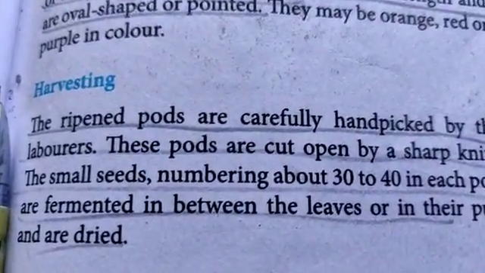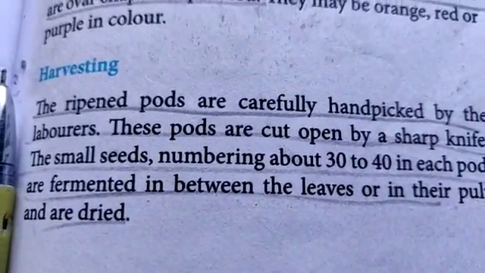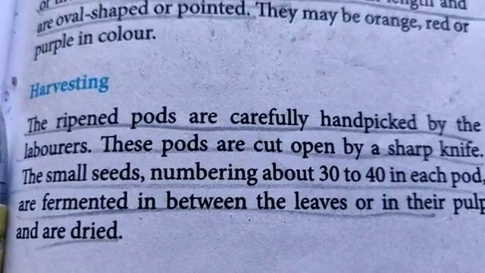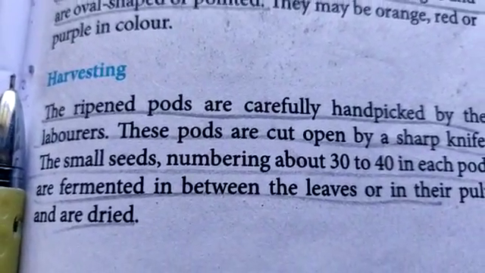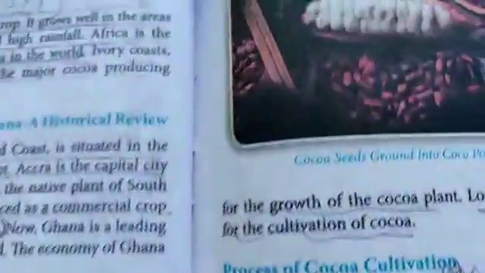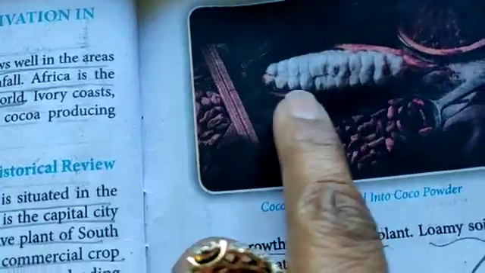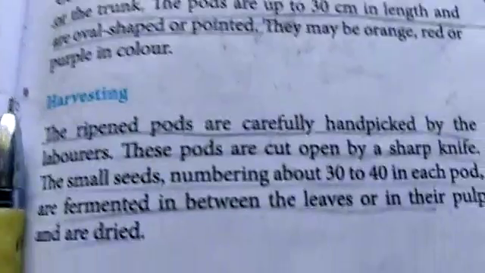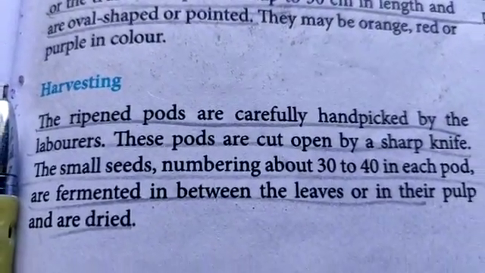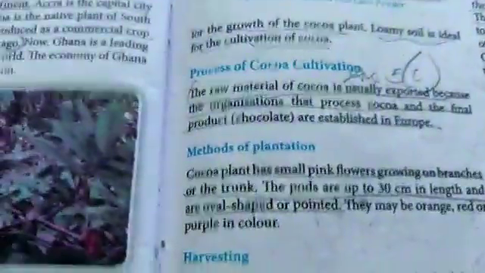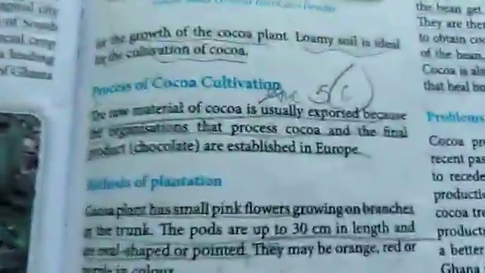When they are orange or red, only then do they ripen. The ripened pods are carefully handpicked by the laborers. These pods are cut open with a sharp knife. There are around 30 to 40 small seeds in one pod, which are fermented in the pulp between the leaves and dried. They are left on banana leaves to ferment and then dried out in the sun,